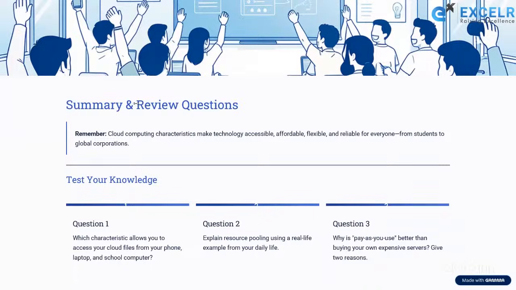Okay, Shobha ma'am. So question number one, you're saying broad network access, where we can access the resources of cloud from anywhere. Okay, ma'am. What else? Even Shravanti ma'am is also giving on demand service. Okay.